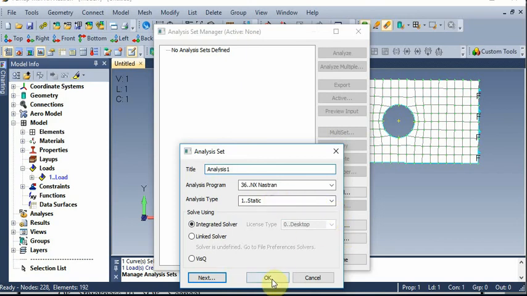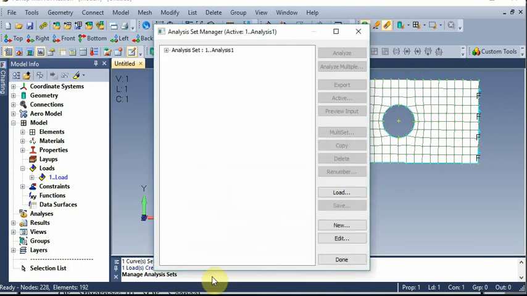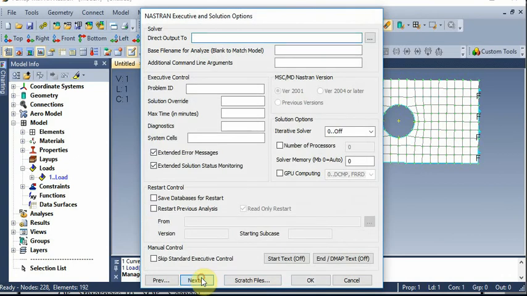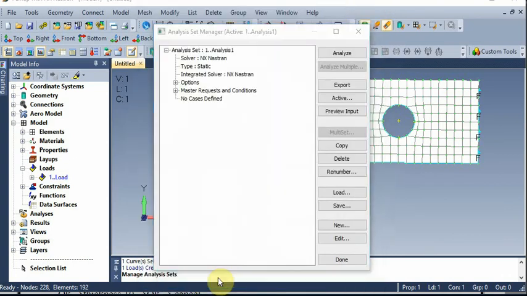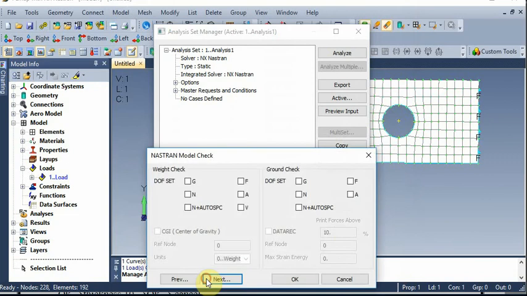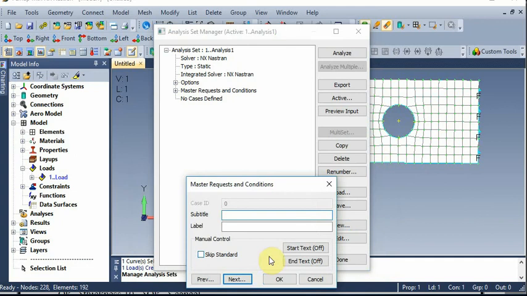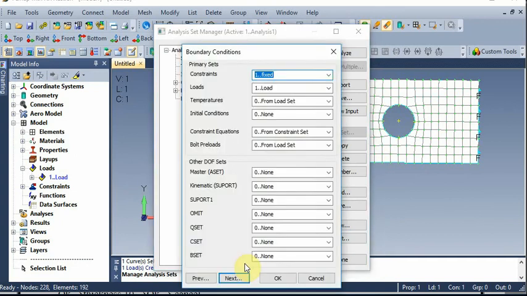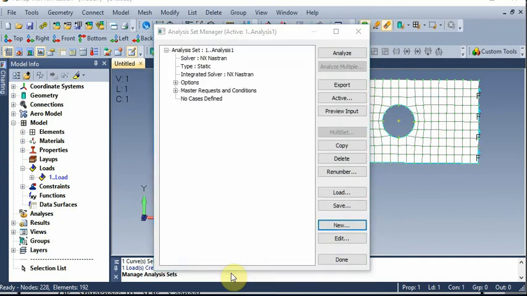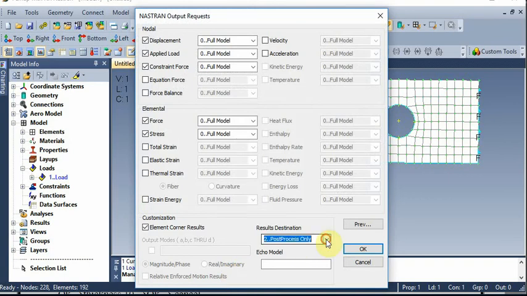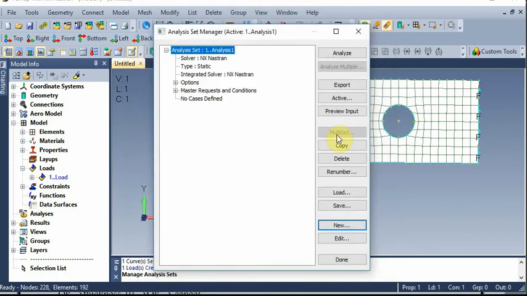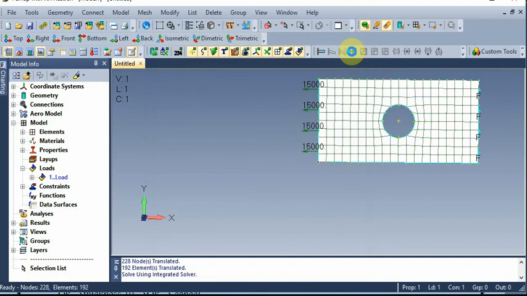Give next and keep on pressing next. Here you can slightly change if required. It's all about user interface. Give OK. Now give analysis. We have set everything. Now it's analyzing the problem.